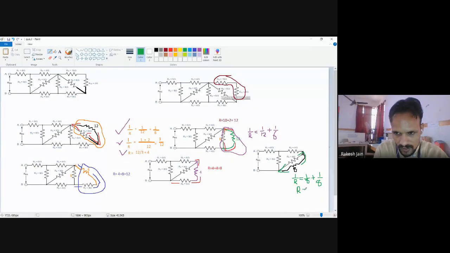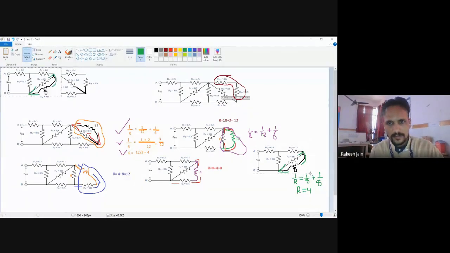After the completion of this question, if you have any query, you can ask me. I will solve all of your queries. Just look at this question. So now this will be 4 ohm. Now see, the question will be further modified. Within 2 minutes, this question will be completed.